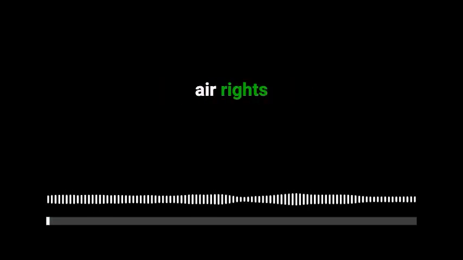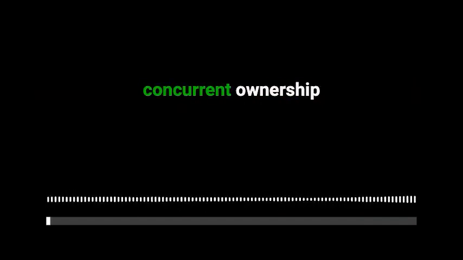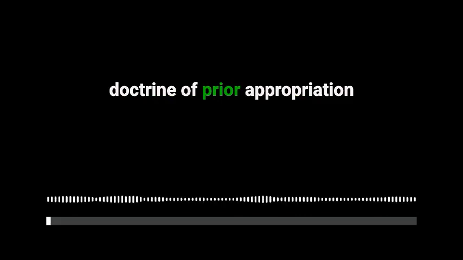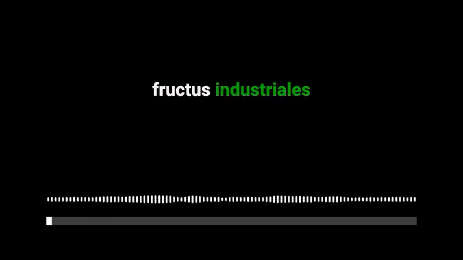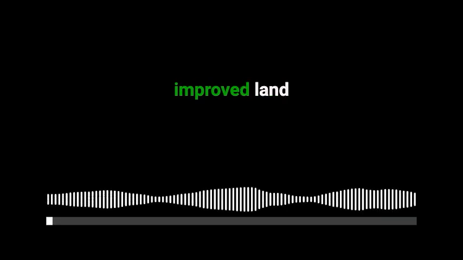Key terms: accretion, agricultural fixtures, air rights, appurtenance, avulsion, bundle of legal rights, common elements, common interest community ownership, concurrent ownership, condominium ownership, cooperative ownership, doctrine of prior appropriation, emblements, erosion, fee simple absolute, fee simple defeasible, fee simple determinable, fee simple with condition subsequent, fixture, freehold estates, fructus industriales, fructus naturales, future interests, homeowners association, homestead, improvement, improved land,